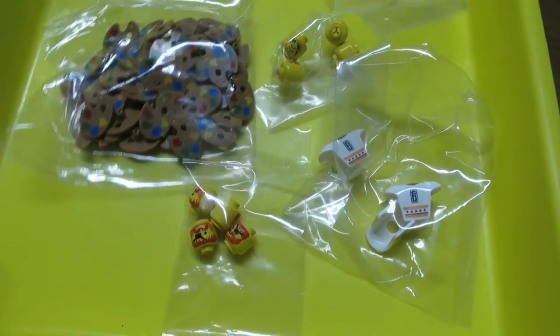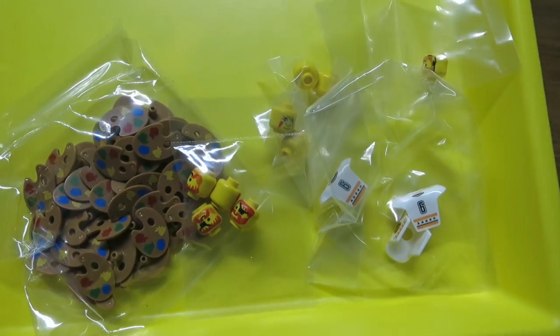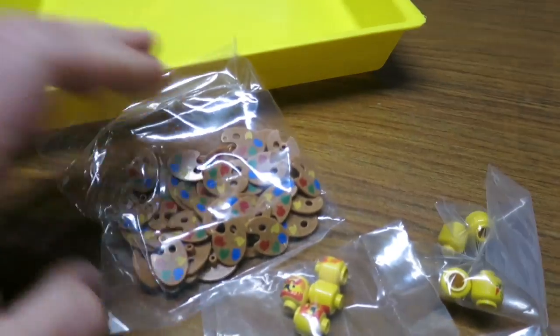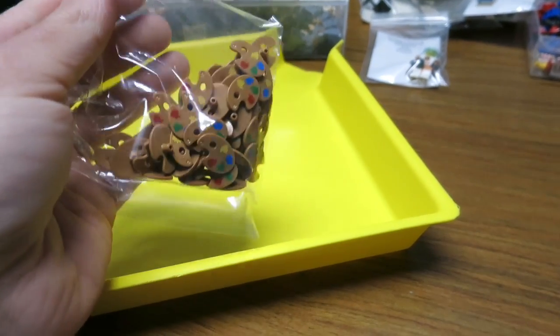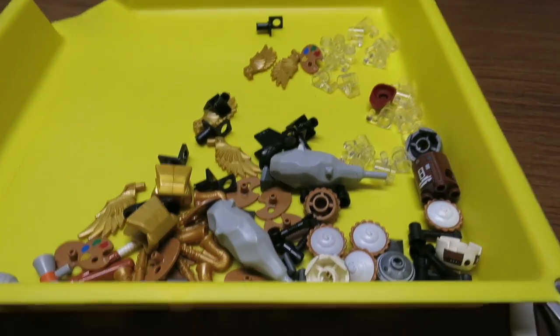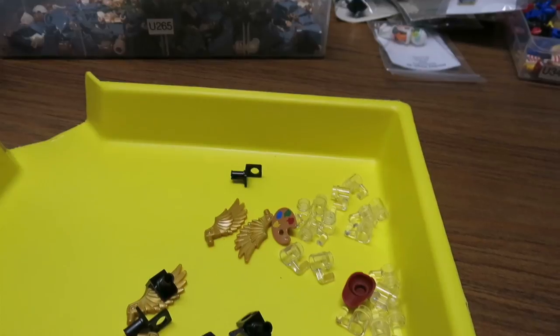And here is the last Bricklink order that I had received on vacation. I have one more I got yesterday that I will be opening. I will not need these for quite a while. I always have the paintbrushes, but I never have enough of these, so now I do. Alright, here's the last Bricklink order that I've received. I have coming